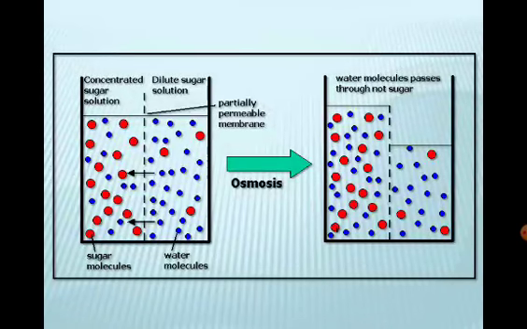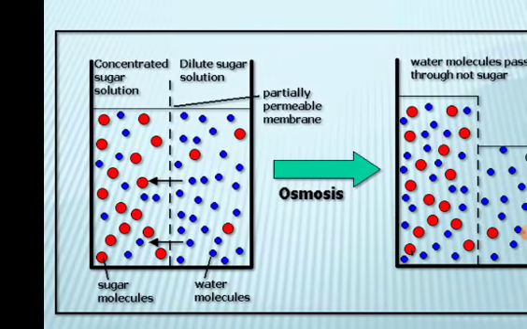Now let's see via activity how this osmosis occurs. As you can see in this left diagram, here two parts are available that are separated by the semi-permeable membrane. Right side is showing the dilute sugar solution and left side is showing the concentrated sugar solution. The red spot is showing the sugar molecule and blue spot is showing the water molecule. So in this diagram we can see left side sugar content is high and right side water content is high. So obviously osmosis occurs from the high water molecule to low water molecule. That means the water molecule from the dilute sugar solution moves to the concentrated sugar solution.